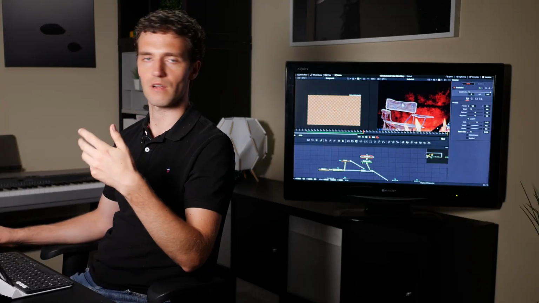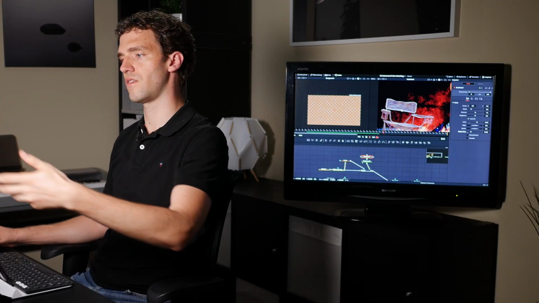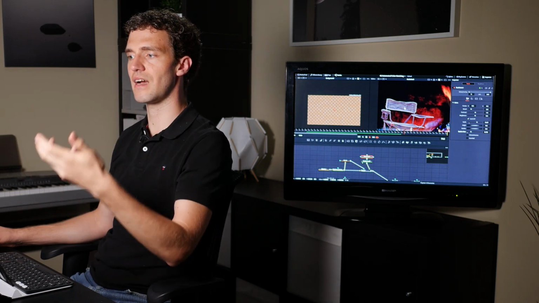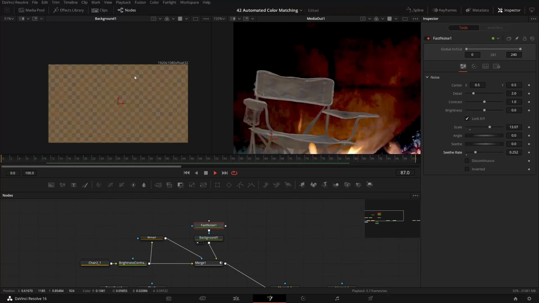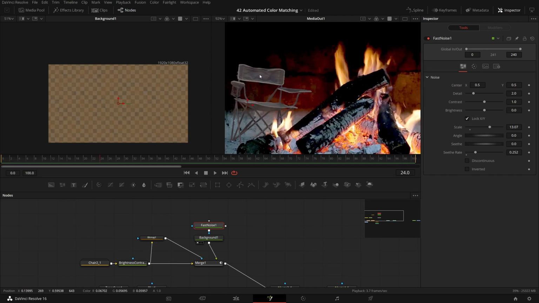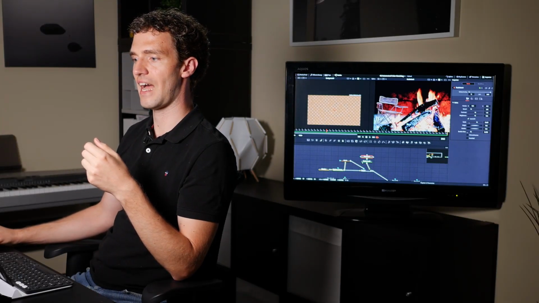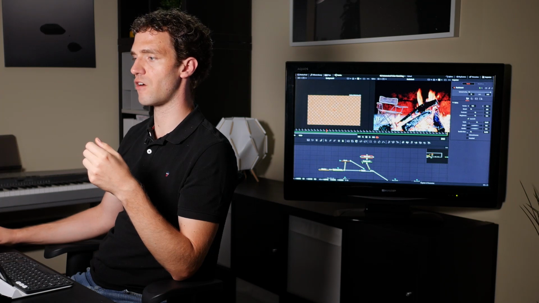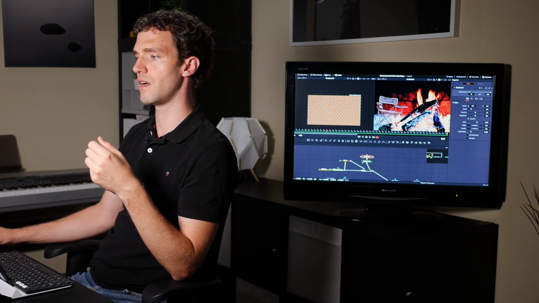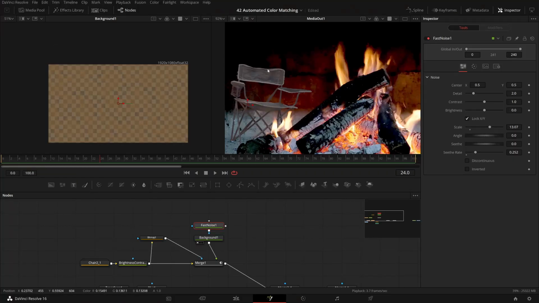Now it's too strong right now, but I have the animation in time, and at the same time I might have some spatial fluctuation. I might also tune this in a little bit to affect only the upper area of the chair and not the legs here, because down here I don't see fire effects on the ground, but I see them here on the back wall. So I would assume I should see them here in this area.